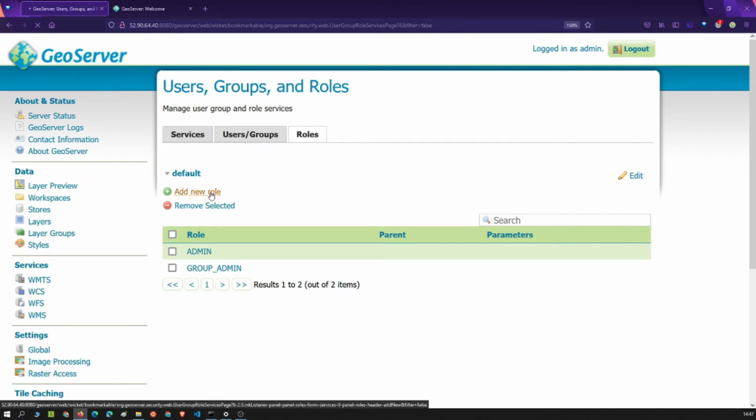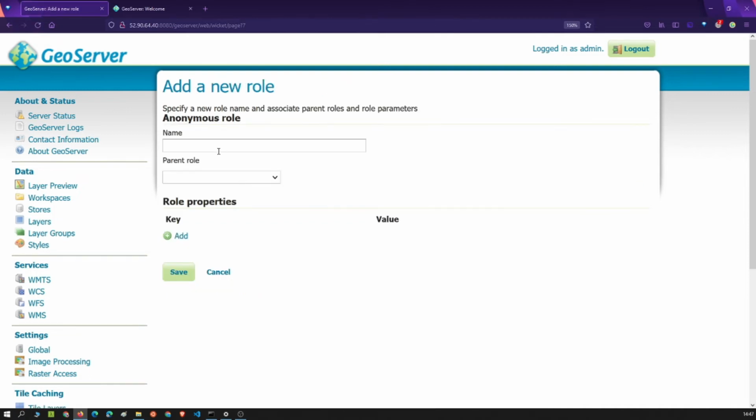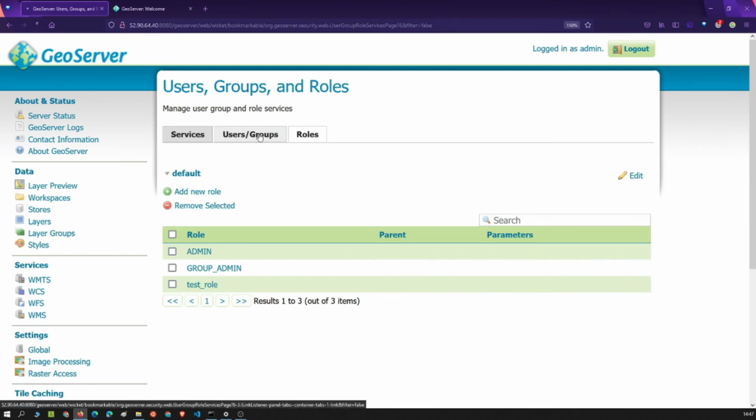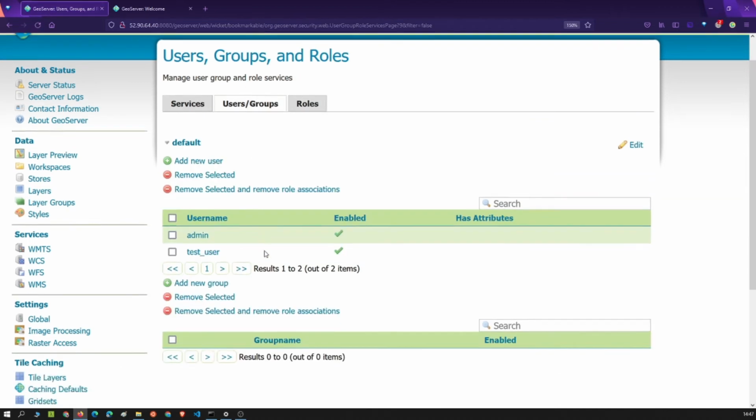I hope that was clear. Now let us first add a new role, maybe that becomes a bit clearer. Test role, and do not attach any parent role to it, or else it would inherit all those permissions from that. Once that is done, let us create a new user.